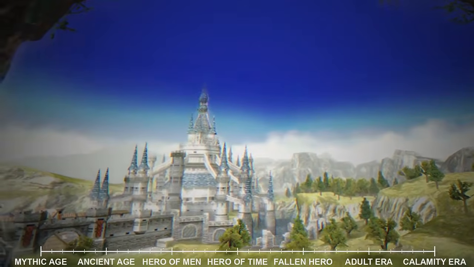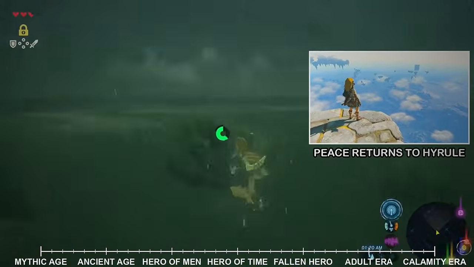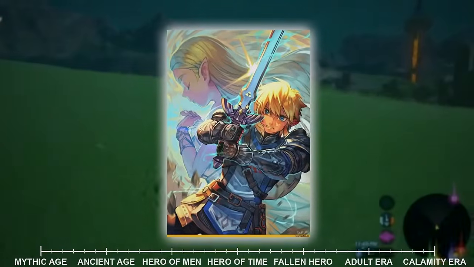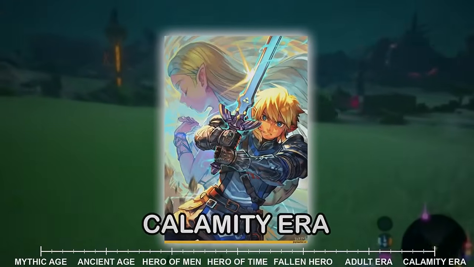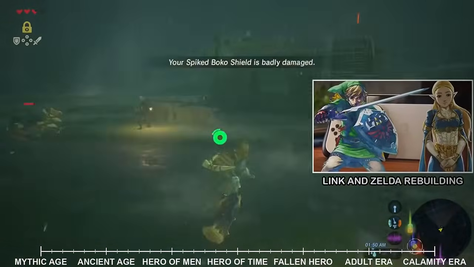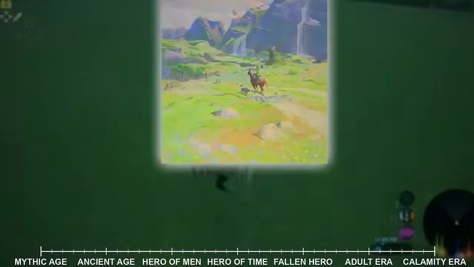Following the defeat of Calamity Ganon, peace returns to Hyrule once more. Yet, as any student of this kingdom's history knows, peace is rarely permanent. In the years after the Great Calamity's end, still within what historians call the Calamity Era, Link and Princess Zelda turn their attention to rebuilding their shattered kingdom. But their efforts soon lead them to a discovery that will shake the very foundations of everything they thought they